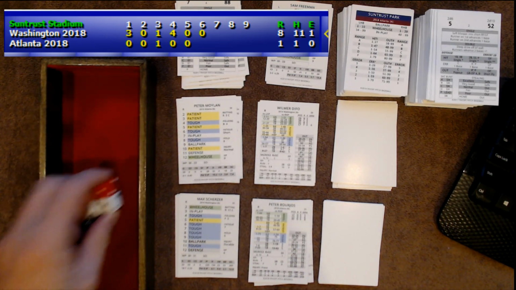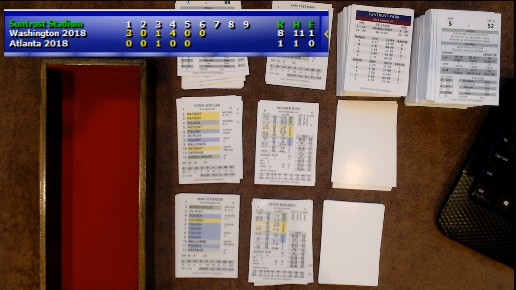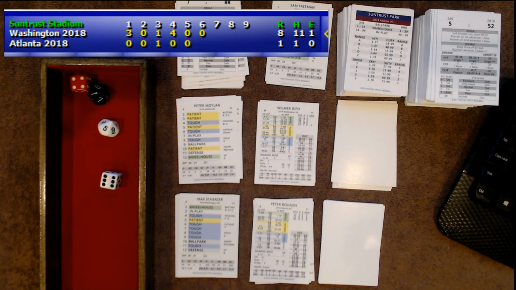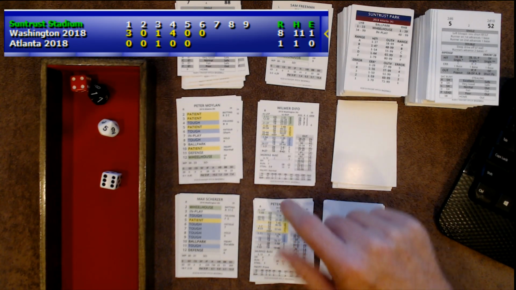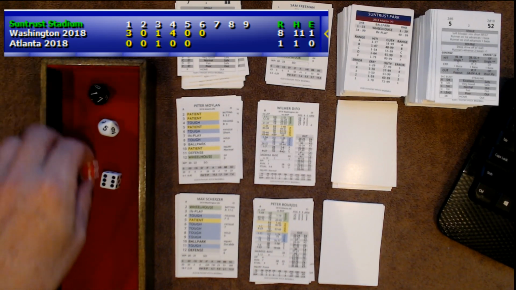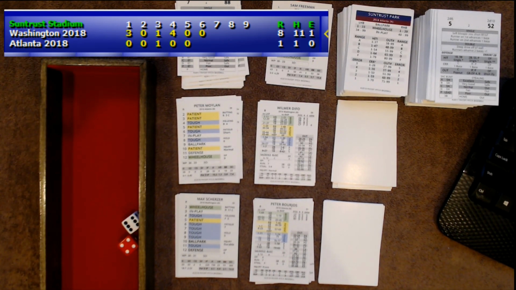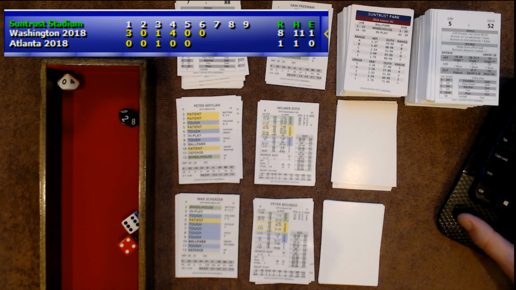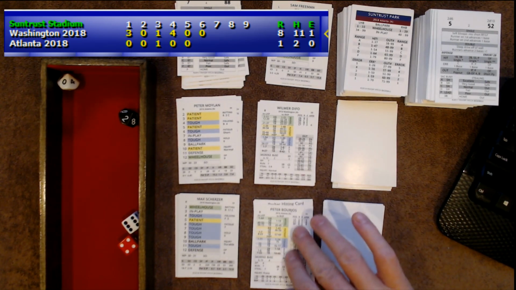You know, so Borges here. Borges has only had 1 plate appearance. He got a hit, so he's batting 1,000. Let's see if he can do it. I brought him in like game 2 or 3 as a pinch hitter, and he got a single. So let's see if he can do it again. 10. 10 is ballpark. Ballpark 15. That's going to be a wheelhouse check for Peter Borges. He hits no home runs, but 1 to 45 will be a hit. 20. And, 1 to 19 is a double. 20 to 45 is a single. But Peter Borges on this young season is 2 for 2 hitting.